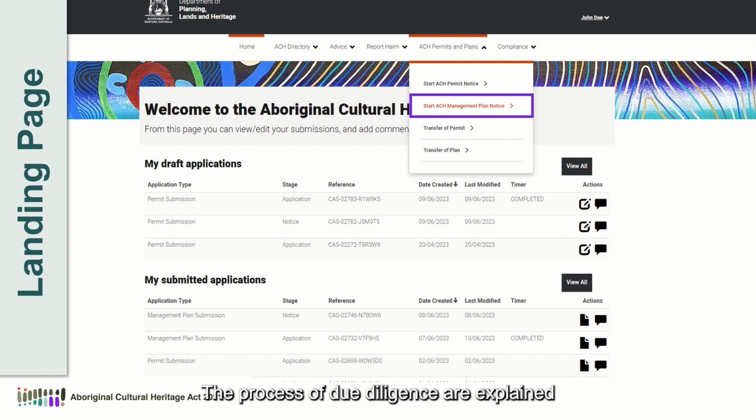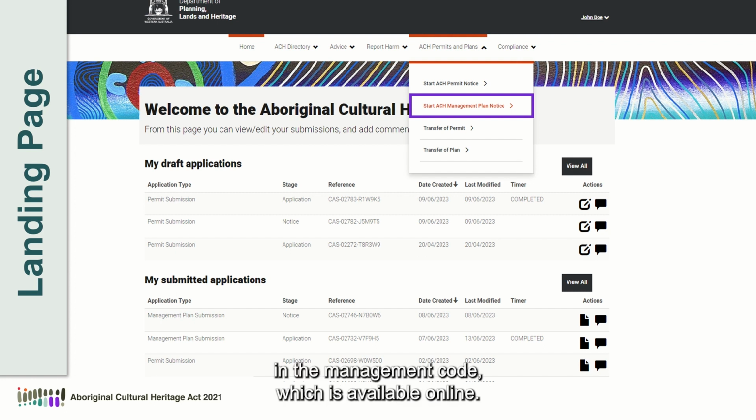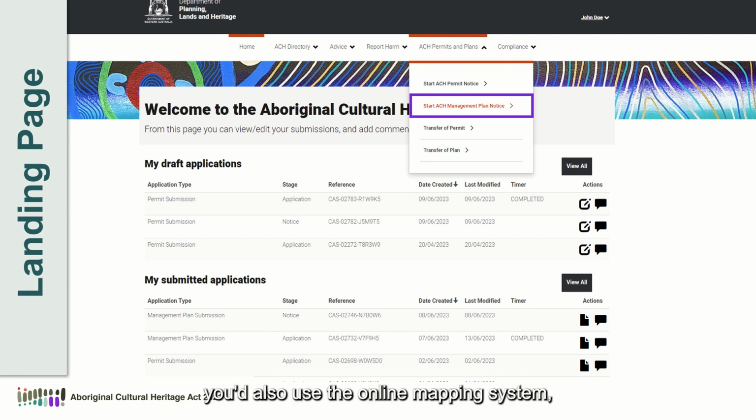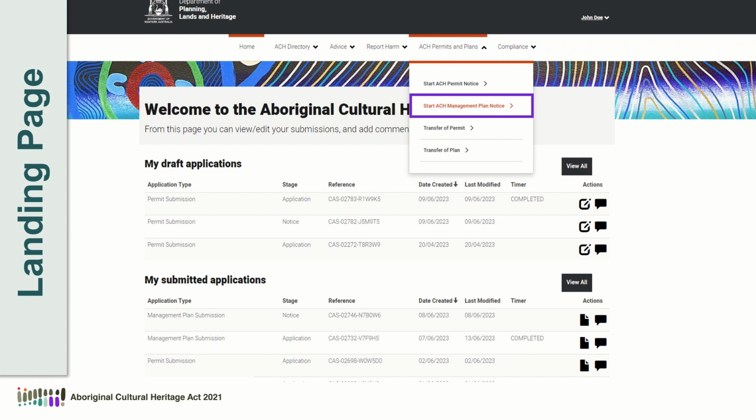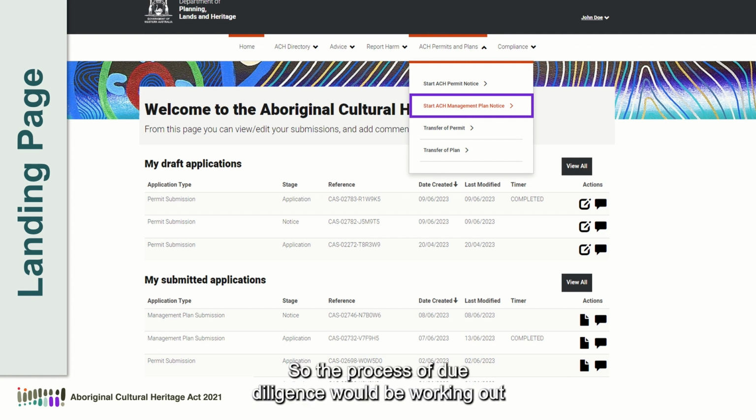The process of due diligence is explained in the management code, which is available online. And to go through that due diligence process, you'd also use the online mapping system, which is available through the department's website. So the process of due diligence would be working out where the activity is going to occur,